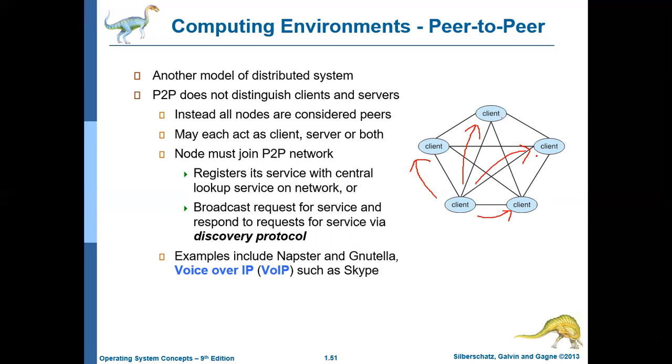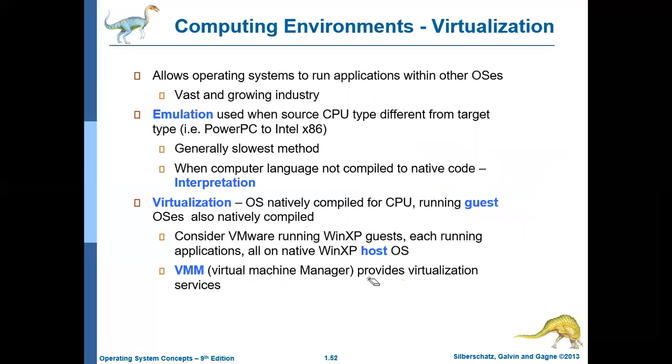So if this client can provide it, it will reply back. Then this client will act as a server and provide that service to the requesting client. This type of system is called a peer-to-peer system. One example of a peer-to-peer system is Skype, where video can be transmitted using the protocol VoIP, voice over IP. Any client can communicate with anybody else. This is how the peer-to-peer environment works.